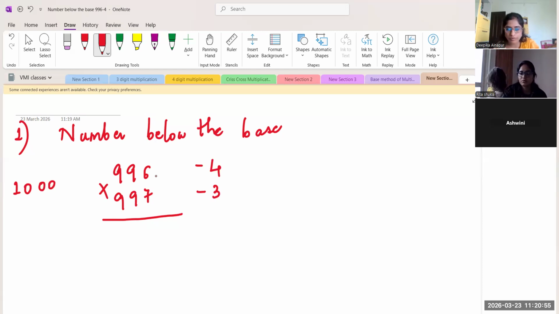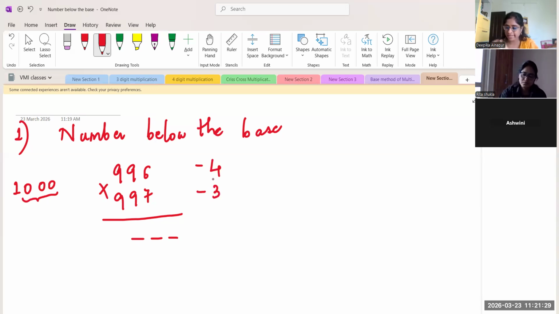Now what should we do? The number of digits in the RHS will be equal to the number of zeros present in the base, right? So just put, this is the RHS part, just put that many places there. For practice and understanding, I'm telling all these steps. You can do it directly once you are pro in this method. So there are 3 zeros, so I have put 3 places here.